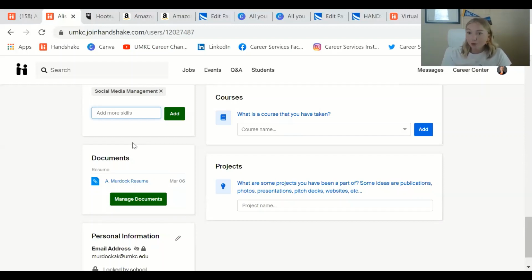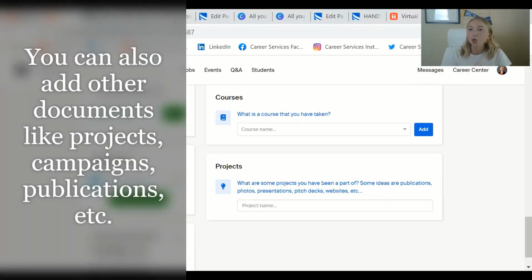Second thing that's super important is adding your resume. If you add your resume to your profile, the employer that you're talking with, or an interested employer in general, can pull your resume straight from your profile, put it in a file, and talk about it within your sessions. You won't necessarily have to submit that to them. I would say you should definitely still have your resume up while you're talking to employers, but adding it to your profile is also super important. So go ahead and do that as well.